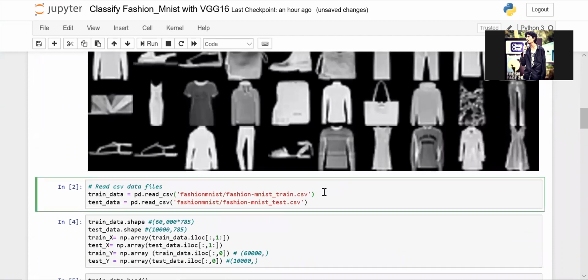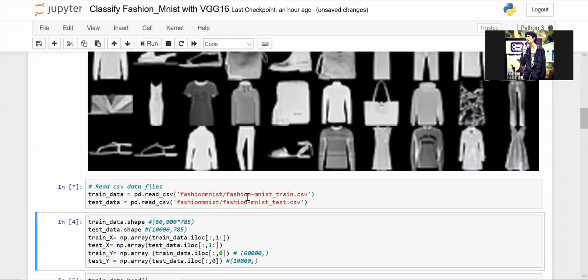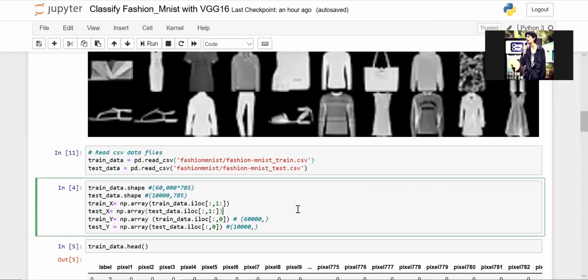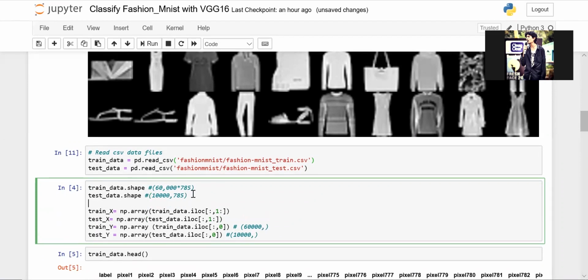So we already have the data in the train and test folders. We have the training data in the form of a CSV file of images and the testing data also in the CSV file of images. So what we will do firstly is, since we have it in data frame form, it is not a good idea to pass a data frame to a CNN model, especially a deep one like VGG16. So what we will do here is convert each and every one of these images into a NumPy array. Before that, we'll just print the train data shape.